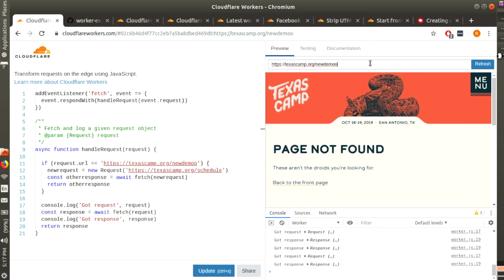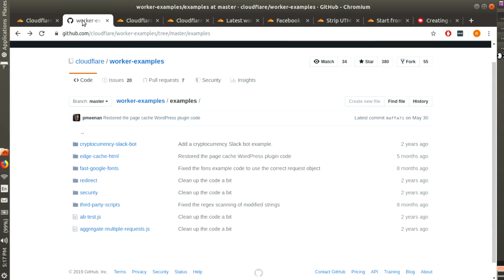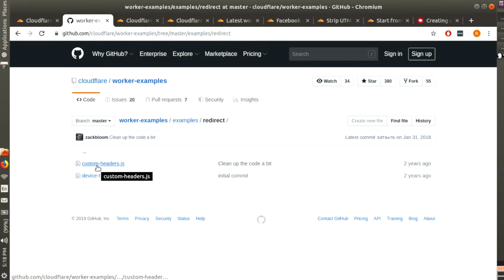But that's okay. The point here is that I have this chunk of JavaScript that I can paste in here, and I can modify it and make it do different things. And so that can give me a lot of control. And I want to drop into a couple of examples. So Cloudflare has a Workers examples page. The simplest and easiest ones to understand are the redirect ones. So like this one